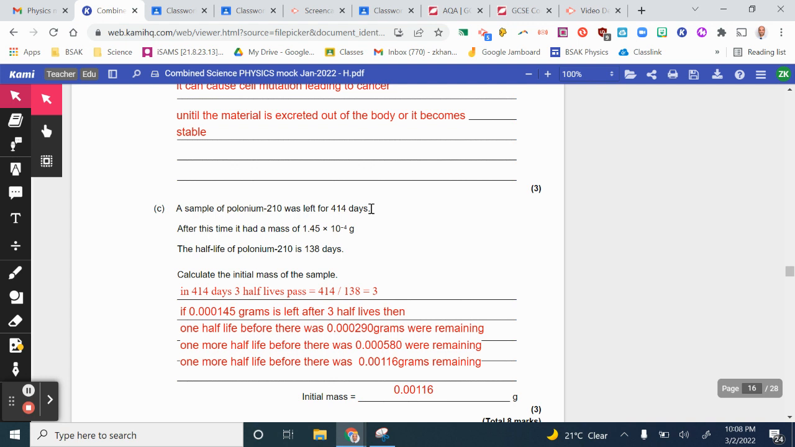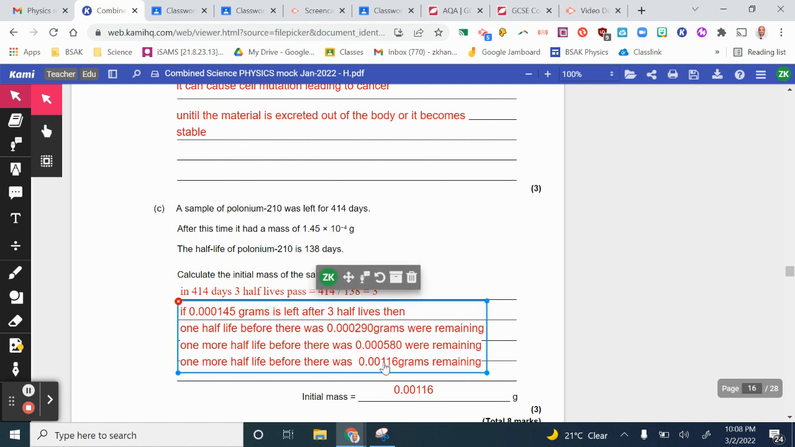So, what does that mean? It means that if we've ended up with 1.45 times 10 to the minus 4 grams, one half life before this, it was double. Okay, so we know there's 3 half lives in total. So one half life ago, this mass was double what it was. So 0.000290 grams. Then another half life before, it was double that, so 0.00058 was left,